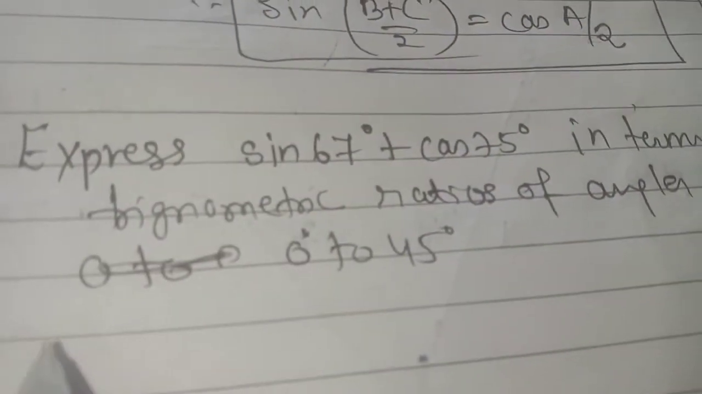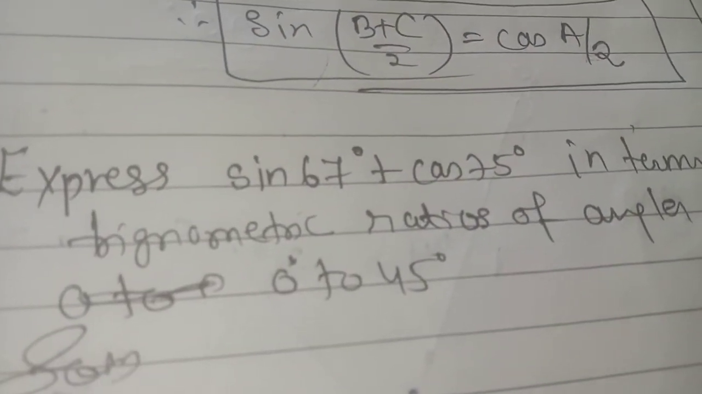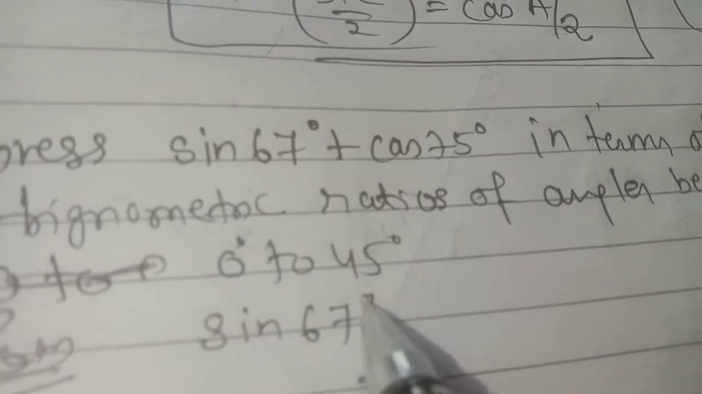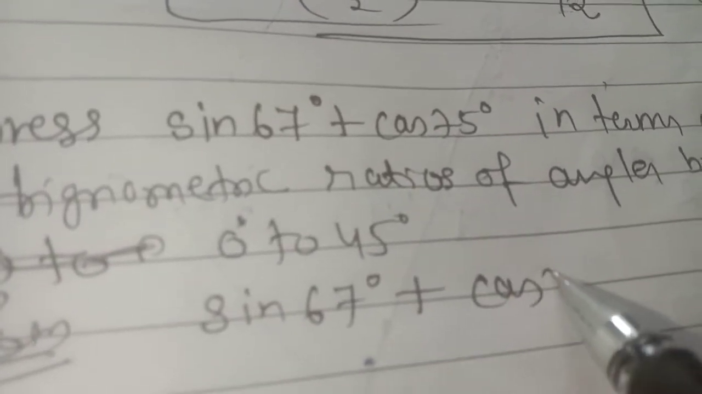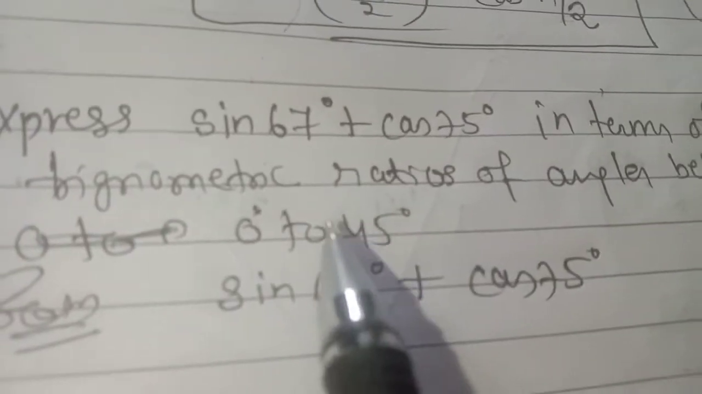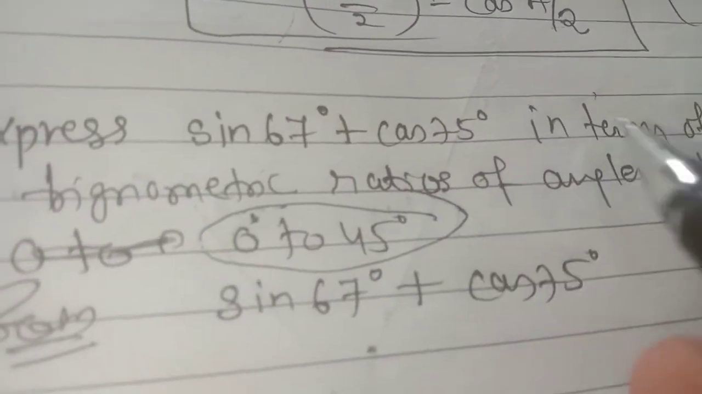So solution. It is given as sin 67 plus cos 75. We have to express this between 0 to 45. So very simple. Convert sine into cos. So it can be written as